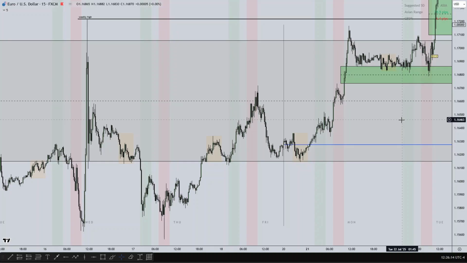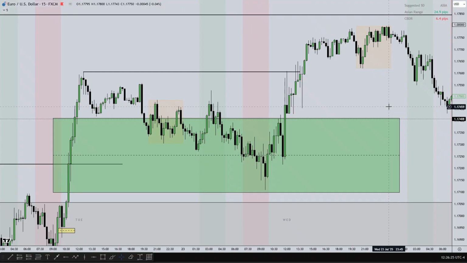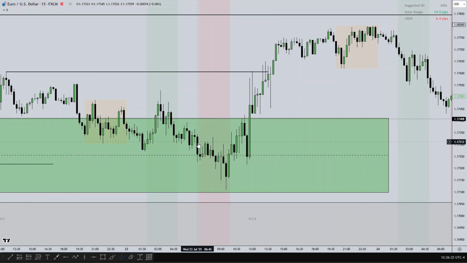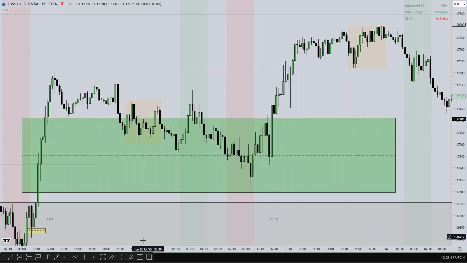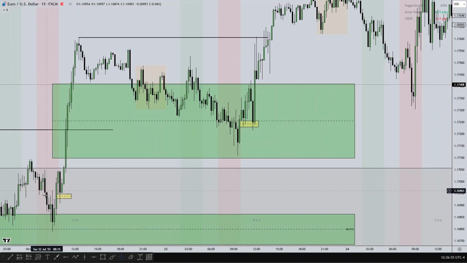So from the second 4-hour fair value gap, when you are trading the weekly continuation profile, you mostly focus on the 4-hour trend, which you can see from this example, I focused on the 4-hour trend. So during the New York session, price traded lower, finally did the shift in structure. You can see the entry, 15-minute fair value gap. And that is all for this week. That's all for the trades I took this week. It was this as my first trade, this as my second trade using the weekly bias.